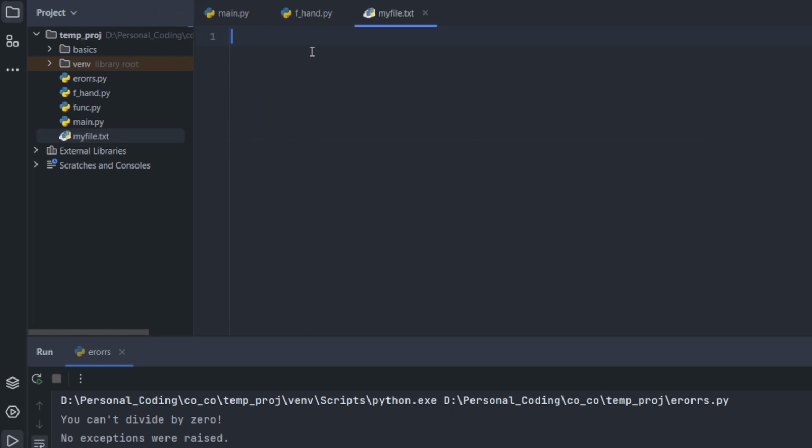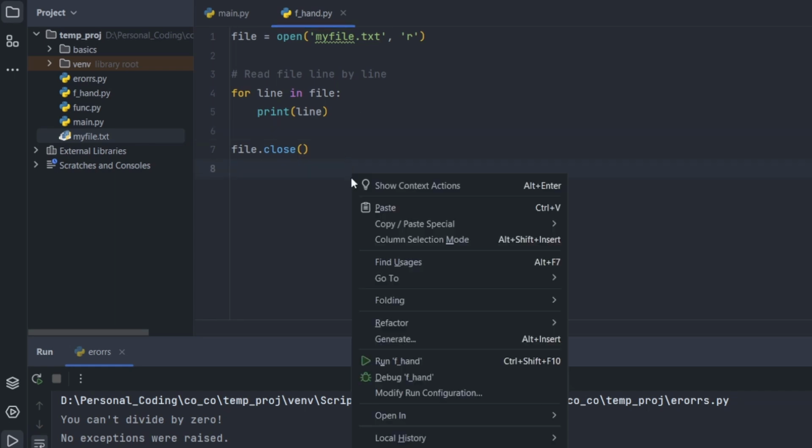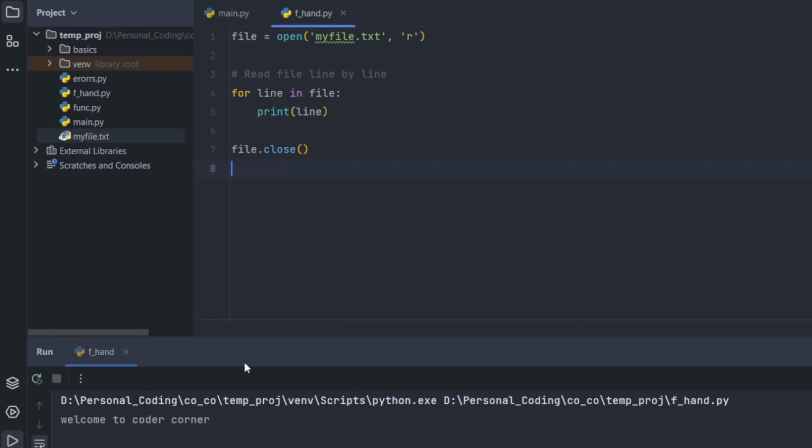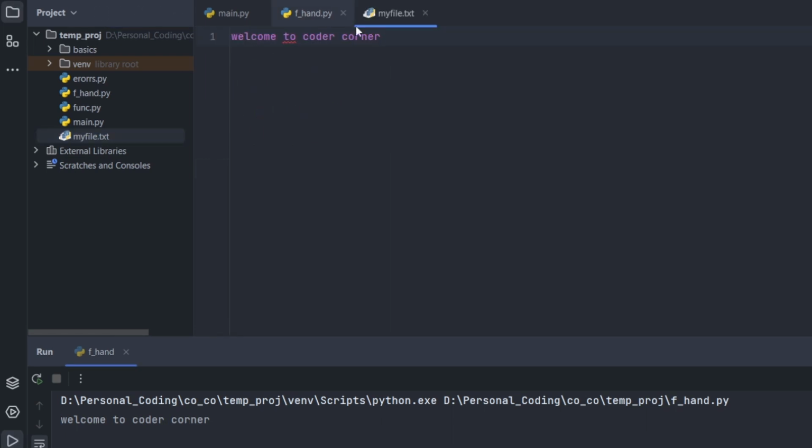Let's look into our my text file, and it has nothing. So let me say, welcome to Coder Corner, and we will save it and close it, and we can see the data is there. And let's try to run this and see what happens. Welcome to Coder Corner is the exact data we have given in the txt file, and it's able to open it. So what happens if I give, like, in the next line,